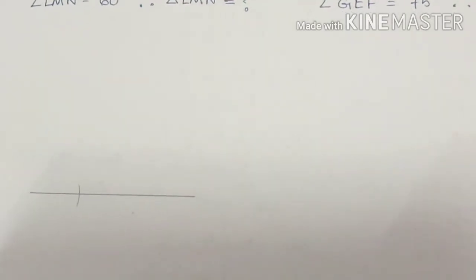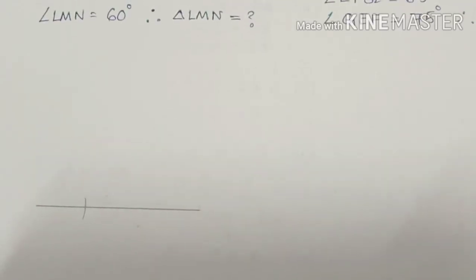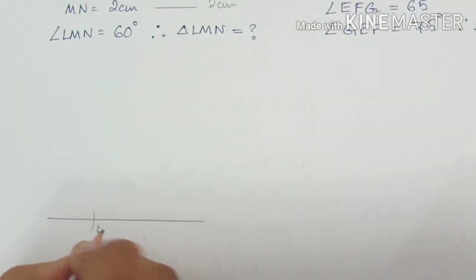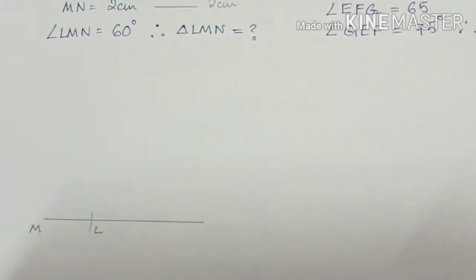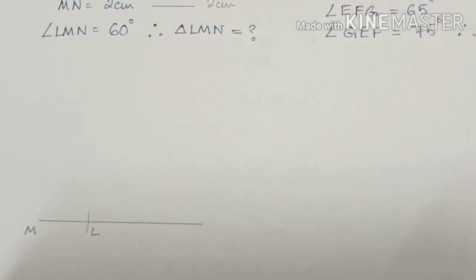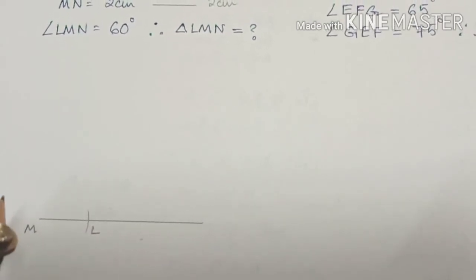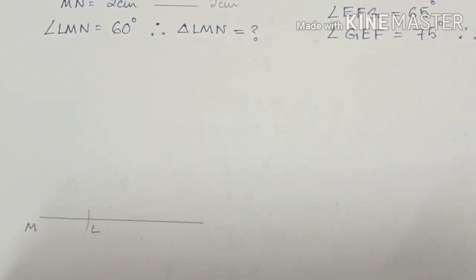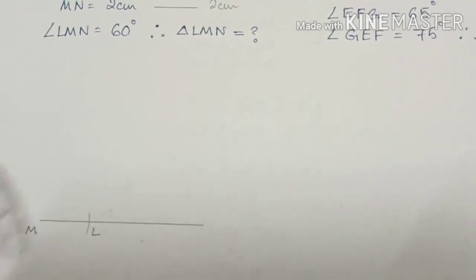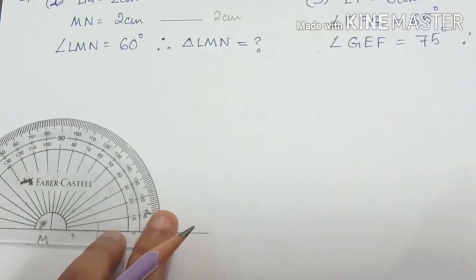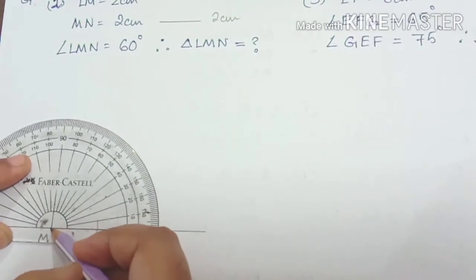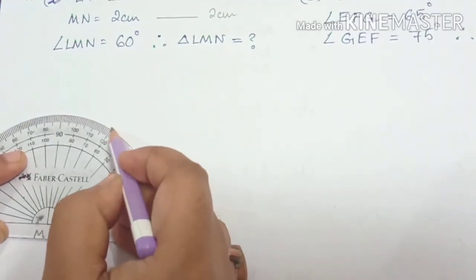Here we are going to name it. Now what is the name to be given? Say, this is LM. Alright, now once again we are going to take an angle that has already been given, that is 60 degree. Now we are going to put the protractor out there and see where the 60 degree is lying exactly. So here the 60 degree is lying.